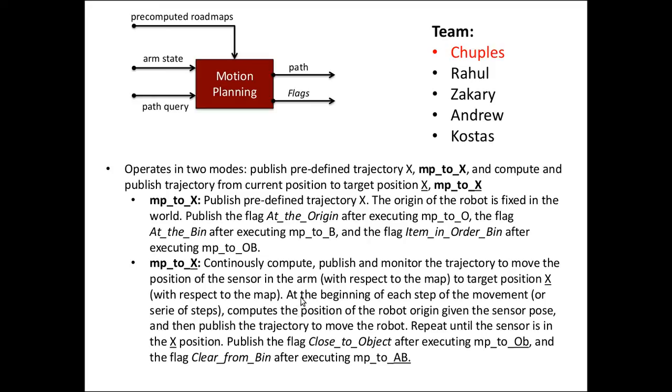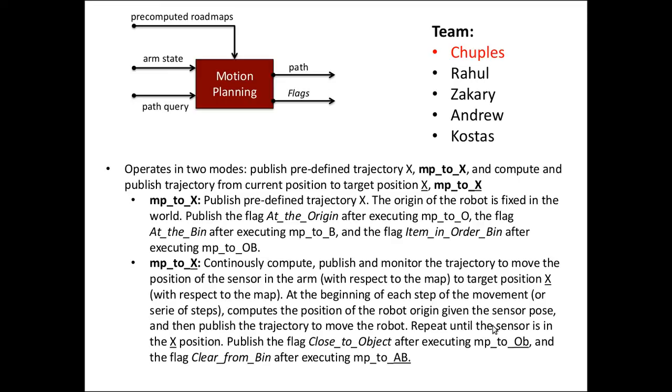So in this form of operation, at the beginning of each step of the trajectory or the movement, or a series of steps or series of entries in the trajectory, the system will compute the position of the robot origin, or find where the origin of the robot is with respect to the pose of the sensor in the arm. So it will reset where the robot is with respect to the map, because it might not be precisely in the position that we would expect because of errors. And once verifying that,